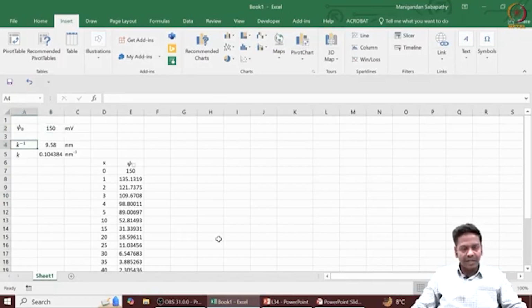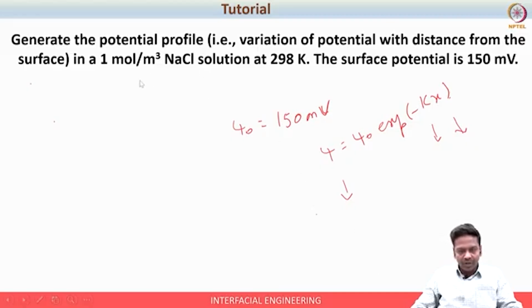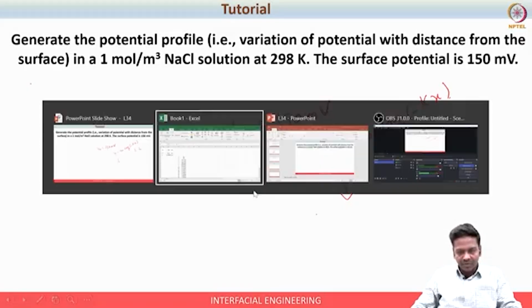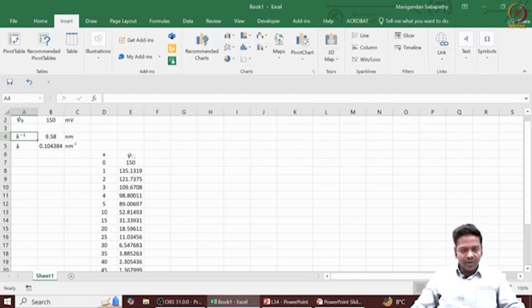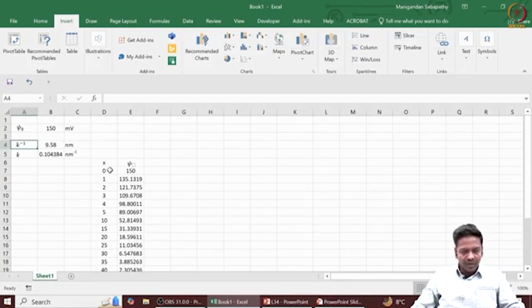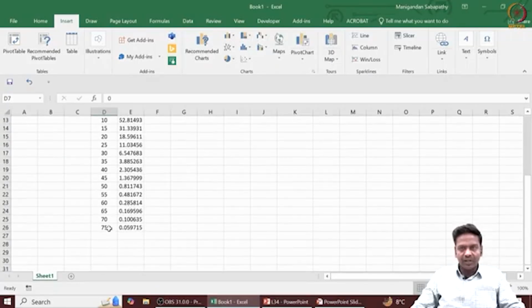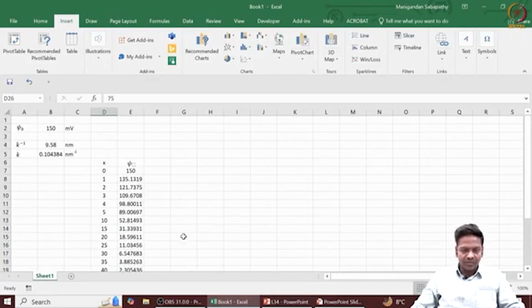K inverse is. So we are only considering one case, that is the 1 mole per meter cube NaCl solution. For this case at 298 Kelvin, the K inverse is 9.58 nanometer. So K will be the inverse of K inverse, right? So that will be 0.104 nanometer inverse. Okay. So now for different x values, going from 0 up to, let's say, 75 nanometer distance across the surface,